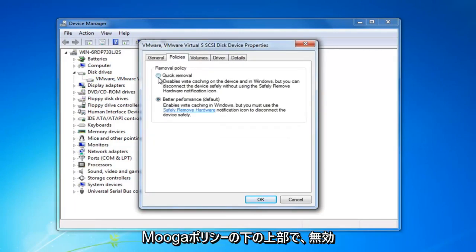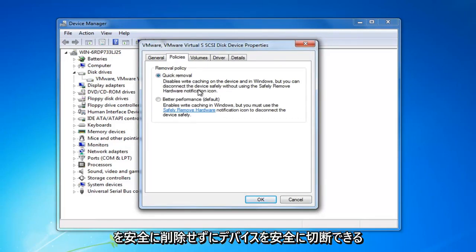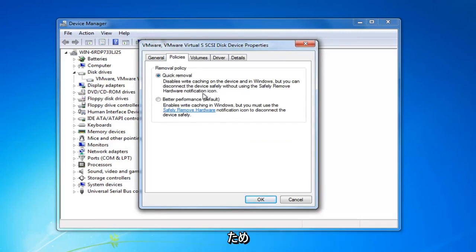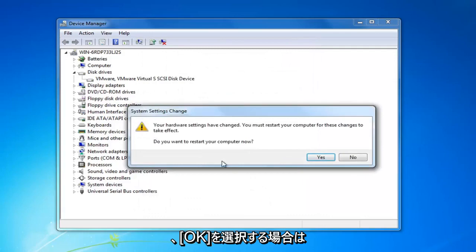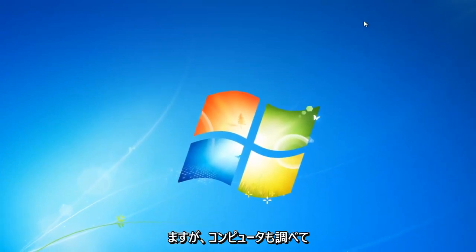Underneath Removal Policy, you want to select Quick Removal, which will disable write caching on the device and in Windows, but you can disconnect the device safely without using the Safely Remove Hardware Notification icon. So you want to select OK. You are going to have to restart your computer, which we're not going to do for the moment. I'm just going to click on No, but I recommend that you restart your computer as well and see if